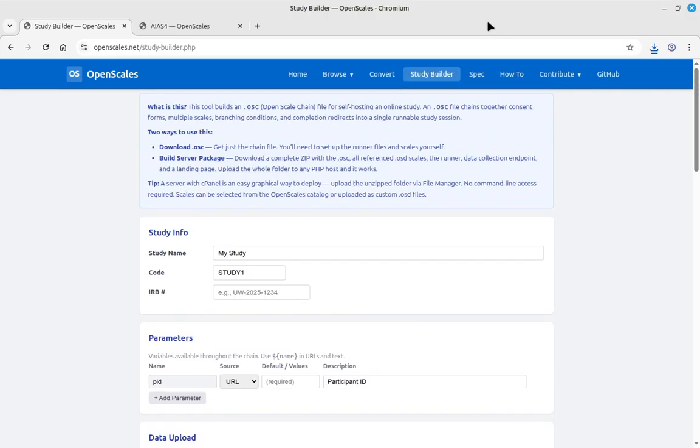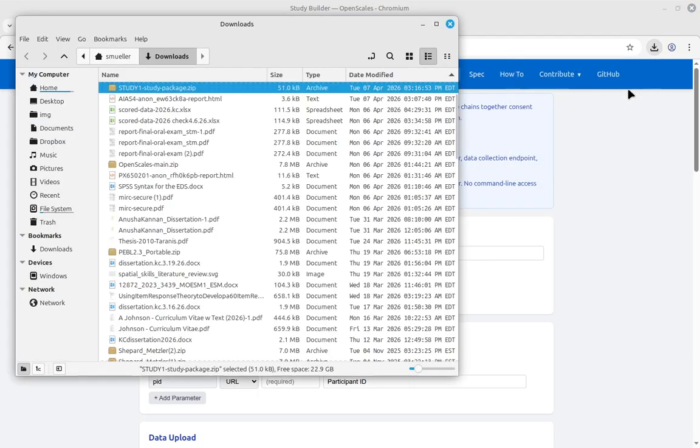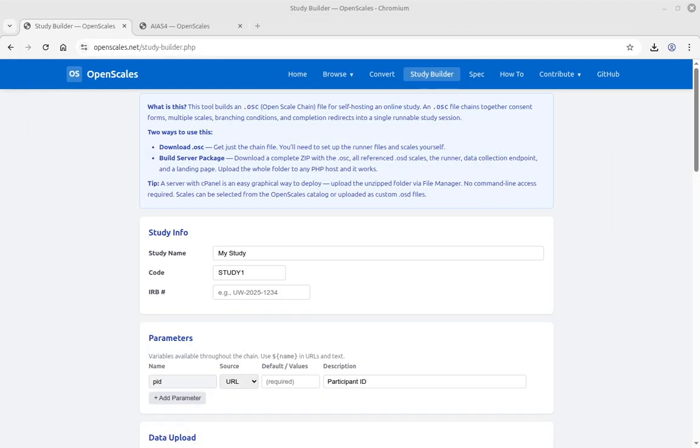So that creates a download package like this. And I'm going to move it over here for a second. So now if you want to host this on some type of website,